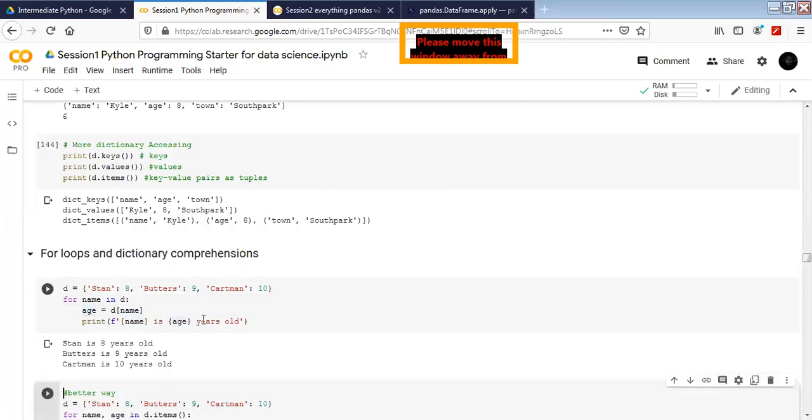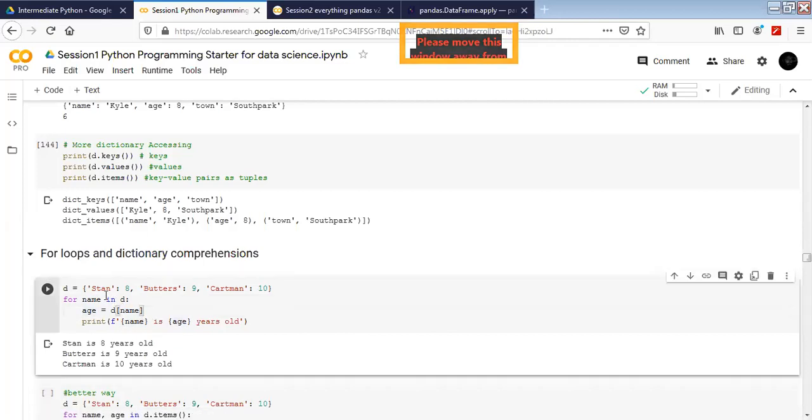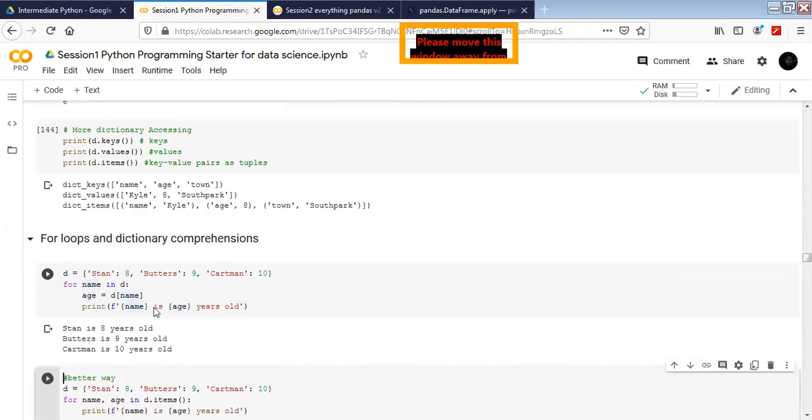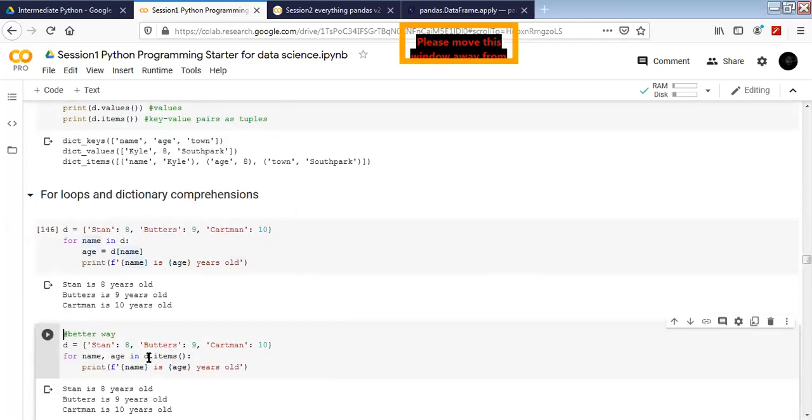Because there are 2 elements altogether, this is how we have to access it. The counter is going to be for the keys, and to access the values we have to pass the keys into the dictionary as a single element, which returns the age. A better way to do that is d.items. Dictionary.items returns 2 counters, name and age in our case.